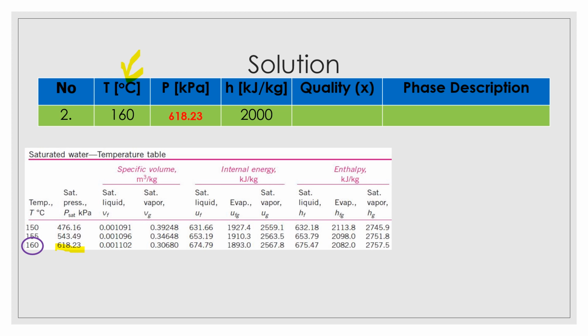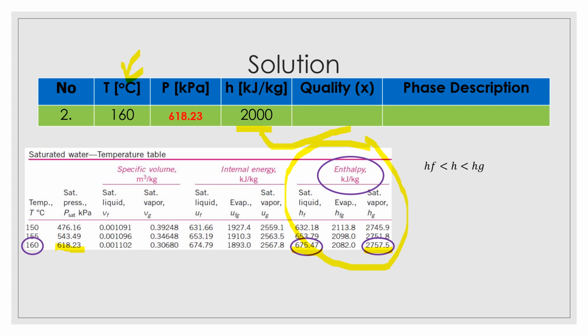Next, we need to determine the quality and the phase description. Since the question gives us the enthalpy, we refer to the enthalpy section. Based on 160 degrees Celsius, we refer to the information of HF and HG. From the enthalpy column, HF is 675 and HG is 2757. Noting that the 2000 is in the range of HF and HG,